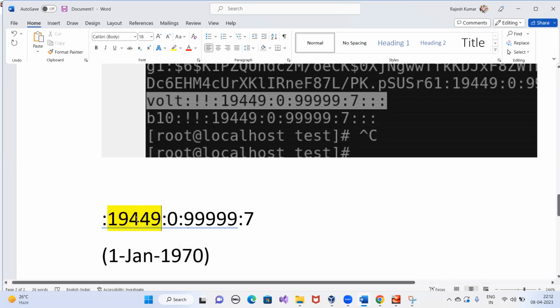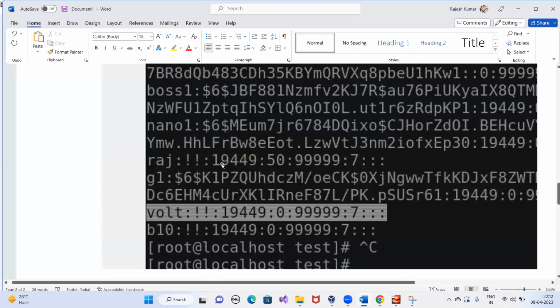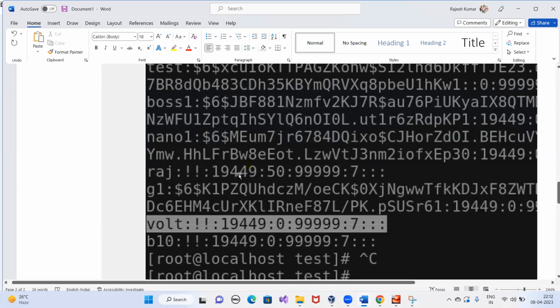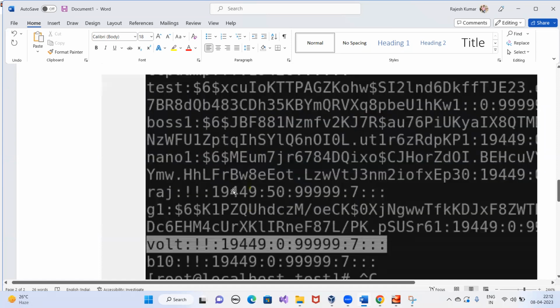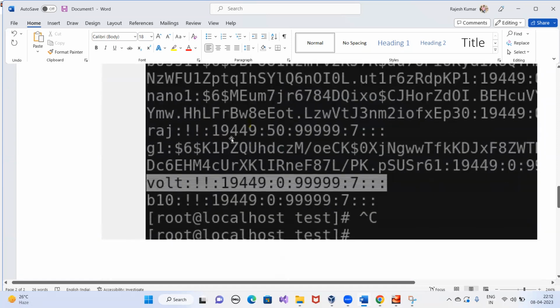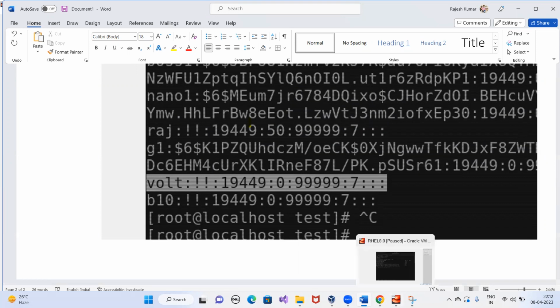What is this? In every user's stored password, you can see 19449, something like that, because this is the number of days from 1st of Jan 1970 to 2nd of April, when you last set the password. So it will be there in every